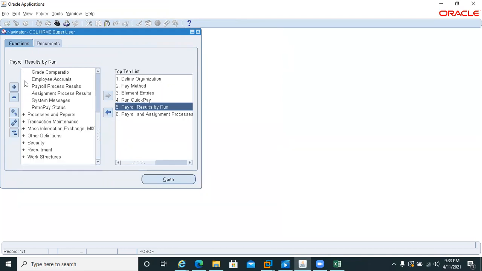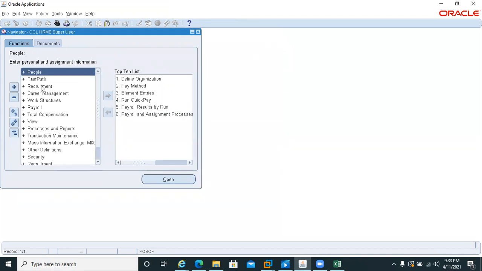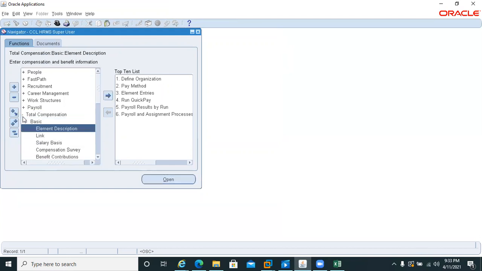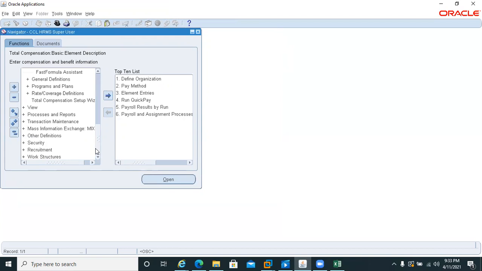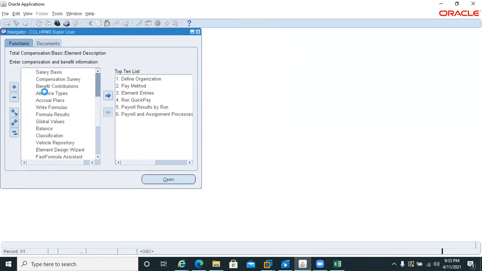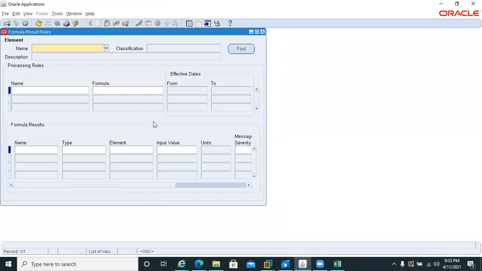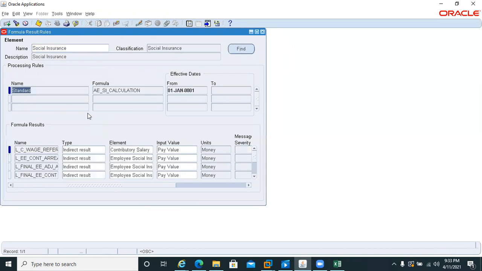One more screen, from there we can get an idea. We go into the formula basically, okay. Before the formula, the formula result is one of that screen where I will check which formula is basically attached. This is the formula, see,